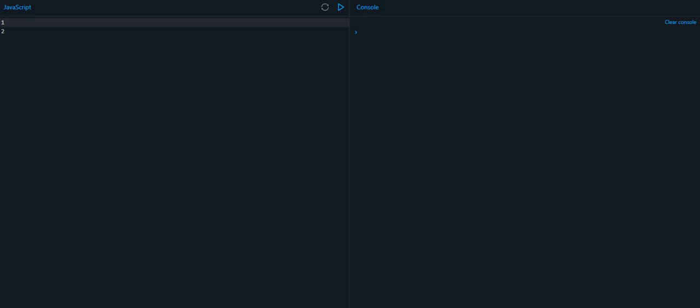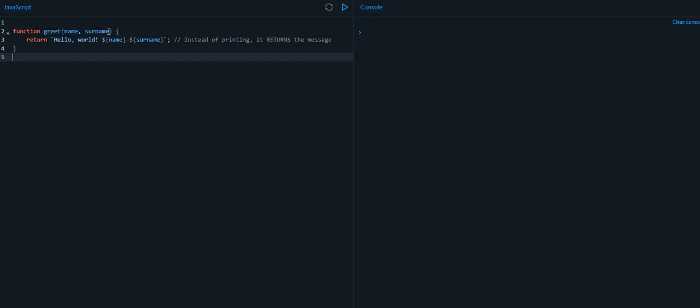Let's start. We create a simple function in JavaScript without parameters that returns a value. The value is a string, hello world. Function greet returns hello world. Okay, this function